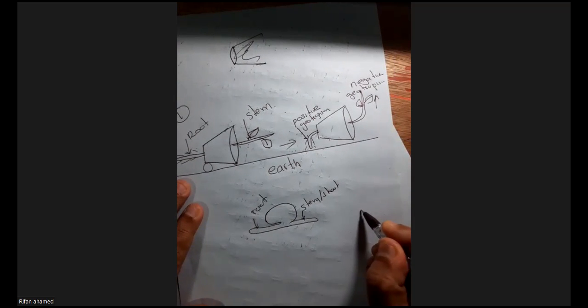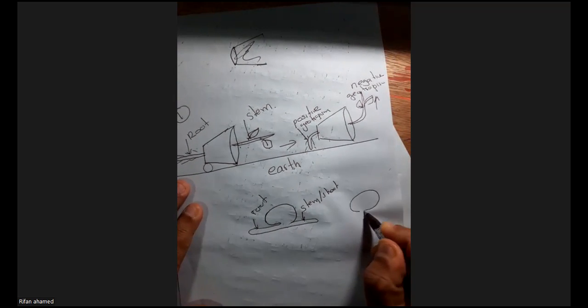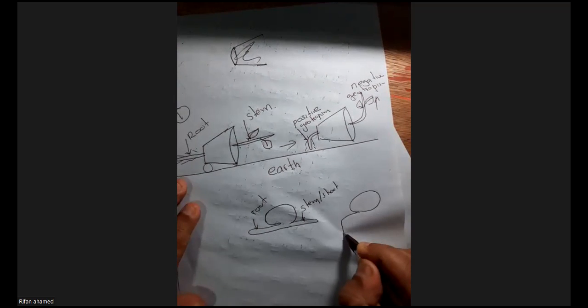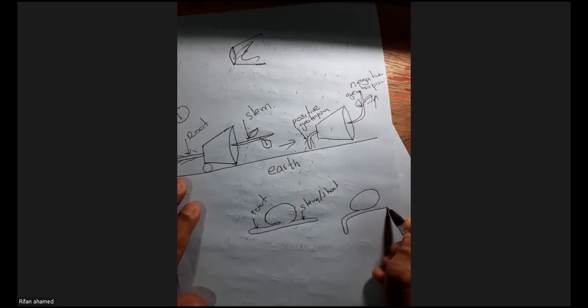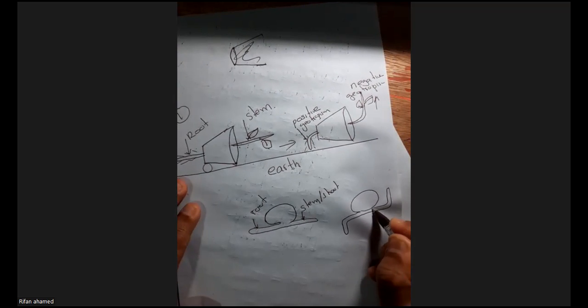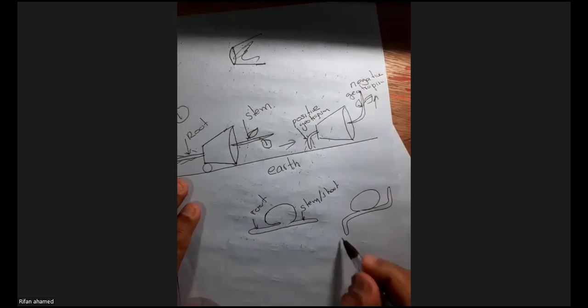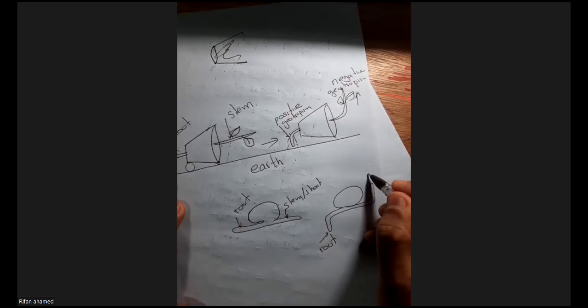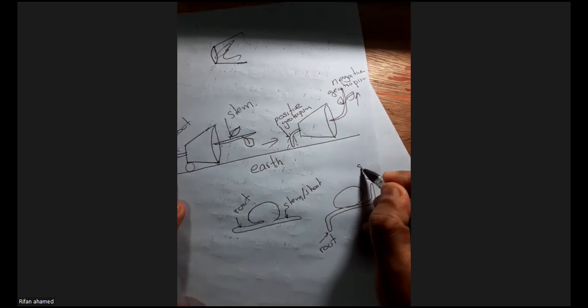After some days, root would grow like this and stem would grow like this. So root is showing positive geotropism